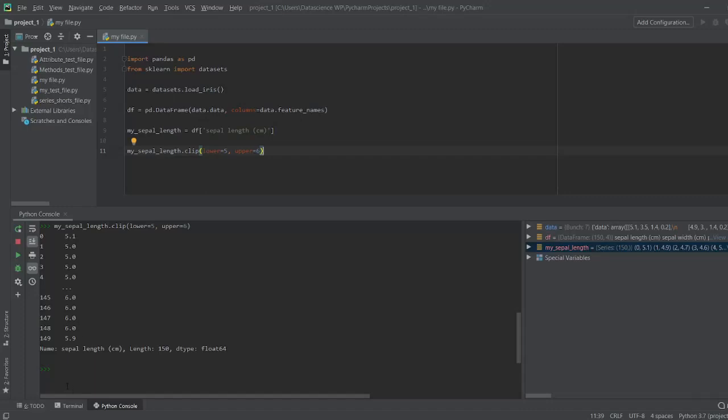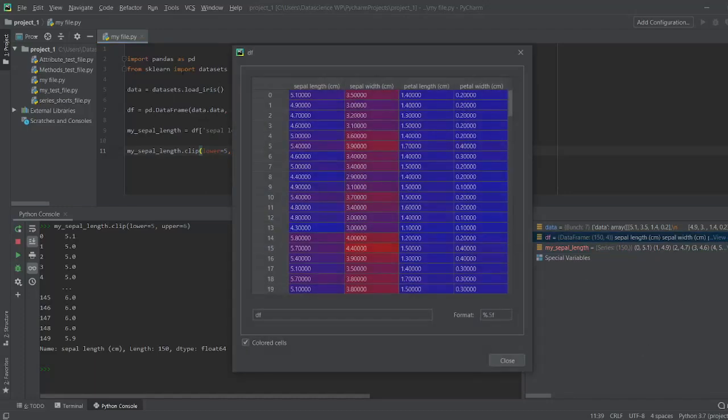Next we have the combine method. The combine method is used for combining the data to the existing series based on a particular condition or a function. So let us consider the sepal length and the petal length. This data frame, we saw we have these 4 columns: sepal length, sepal width, petal length and petal width.